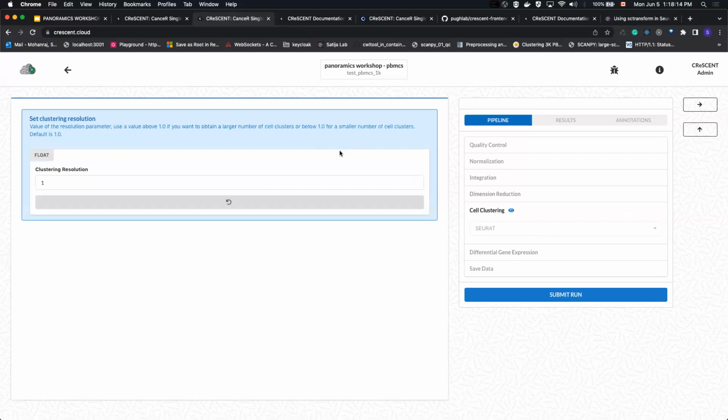Cell clustering. So this is clustering resolution. If you want to obtain a larger number of cell clusters, as you increase this, every cell could potentially be a cluster, right? Because every cell could have something that identifies itself differently. So this is a little bit of a play as you go, or something that you would adjust between different runs just to find the perfect